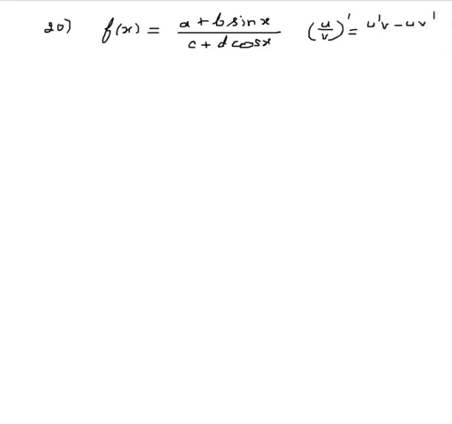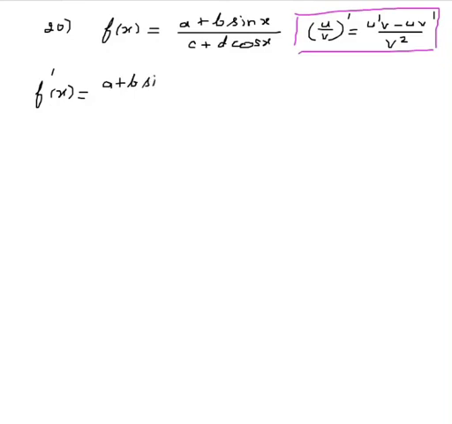20th question. f of x is equal to a plus b sin x divided by c plus d cos x. Let's use the quotient rule: u dash v minus u v dash divided by v square. Therefore, f dash of x is equal to